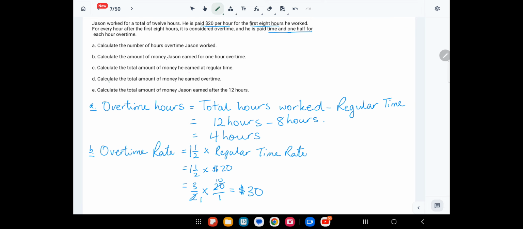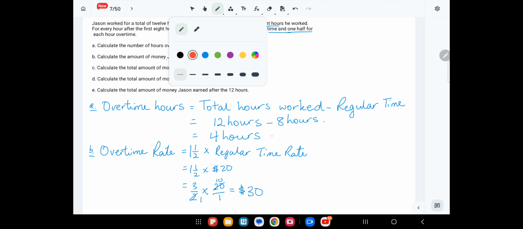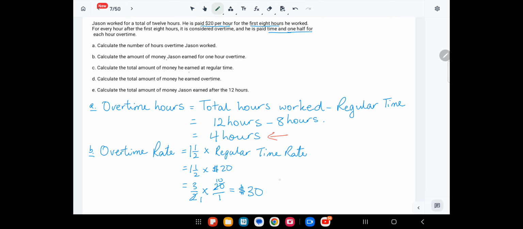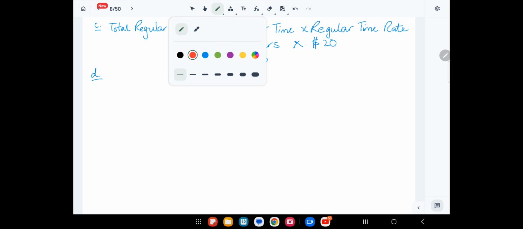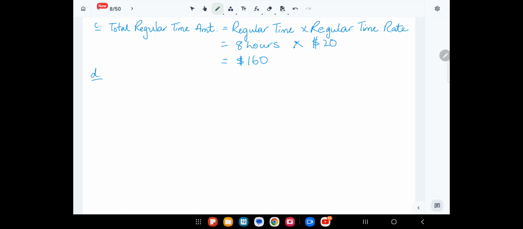Next question states, calculate the total amount of money he earned in overtime. So from calculating here now, we know that he worked a total of 4 hours overtime, and he is paid $30 per hour. So to calculate now the amount of money that he earned for overtime,